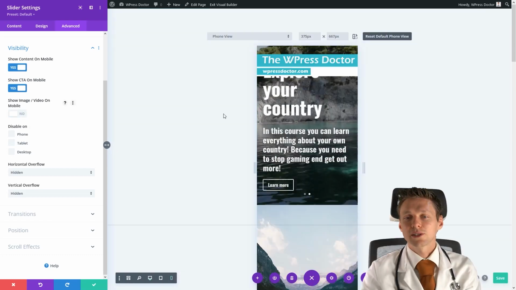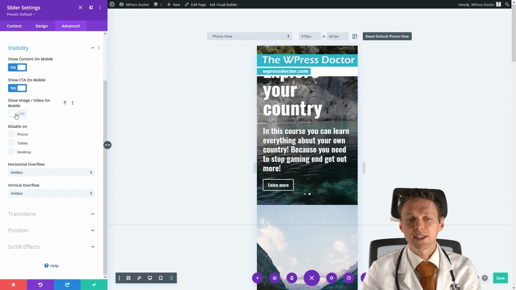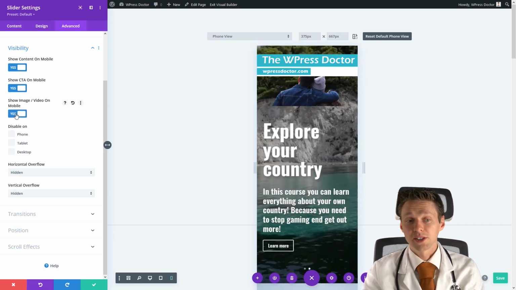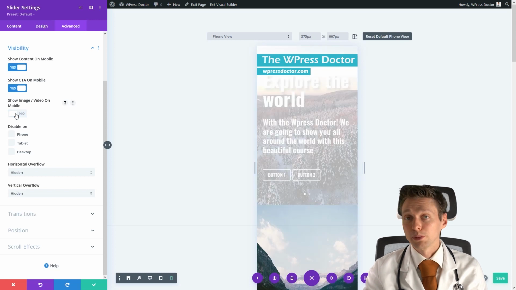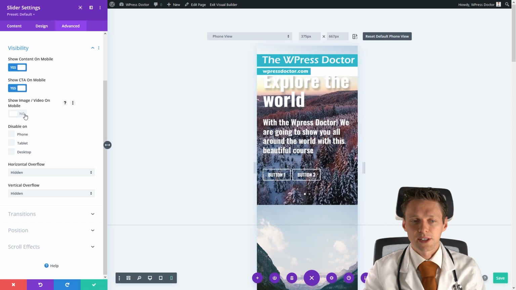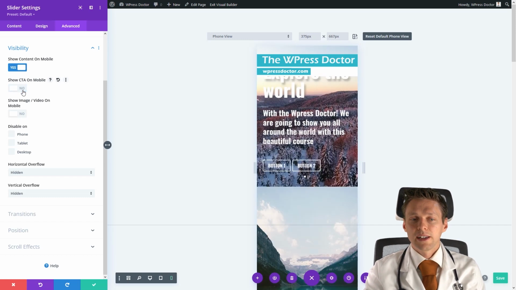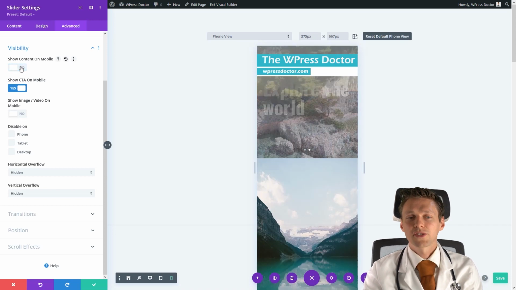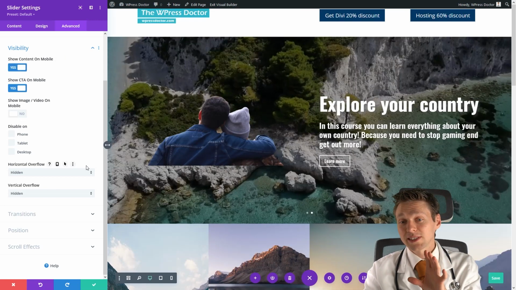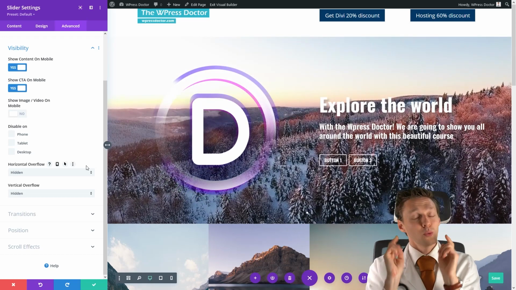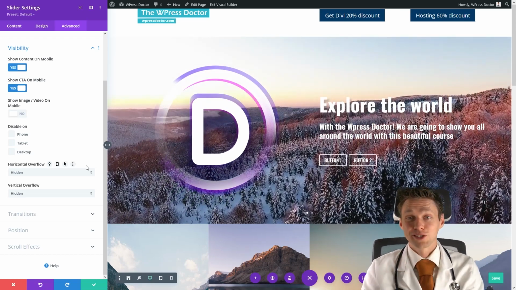So this is what will happen on your mobile device. If I turn the image on, you will show it. It will be shown on the top. And if I turn it off, it will be removed. As you can see right now, it's a little bit too low, but the header is okay. And the call to action on mobile, yes, no, and the content on mobile. That was the last thing I wanted to show you. It's a little bit different than the other modules. And we are going to the next module.